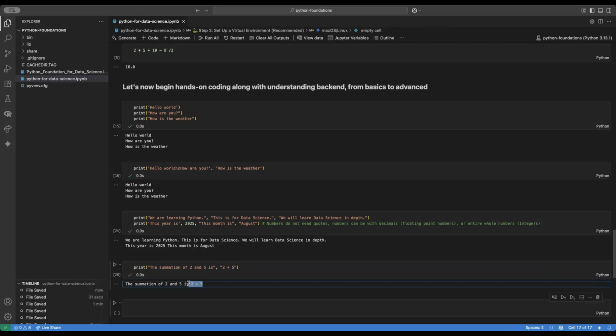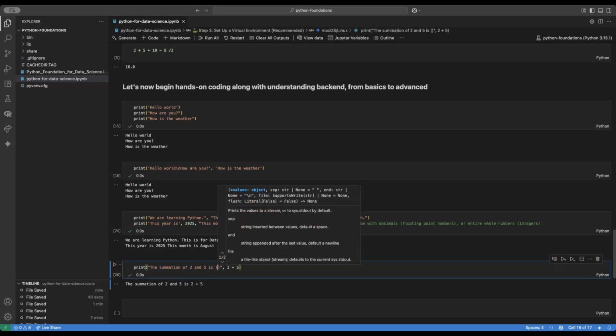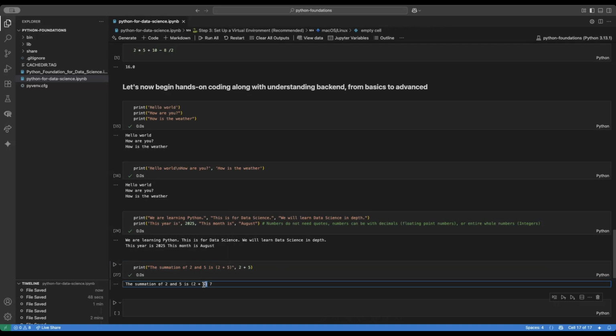It will just print as it is. That is the advantage of not having quotes between 2 and 5 with the numbers. However, you can also say 2 plus 5 to make it more understandable, and this will still consider. Look at here. So we have 2 plus 5 here as well, but here as well it is printing 2